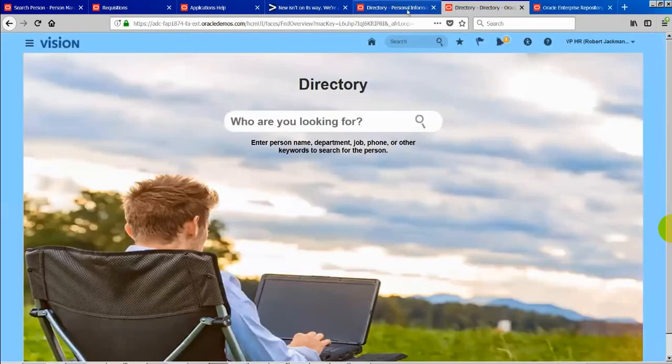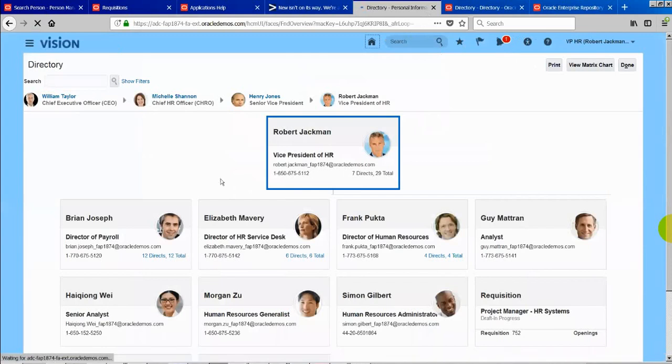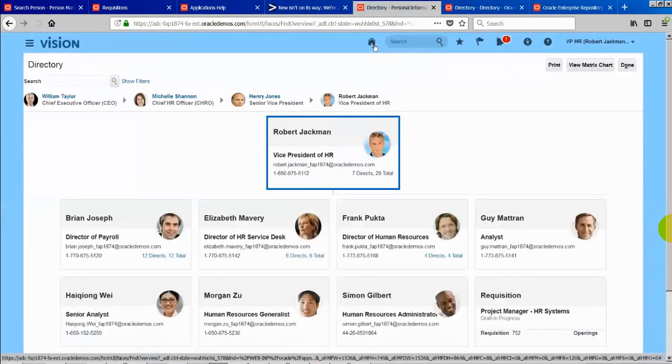Okay, so any more questions? Yes, Lakshmi, I have a small doubt between technical and functional. I'm new to Fusion. If I'm learning technical now, is it mandatory to know about the functional part also, or is it not required?